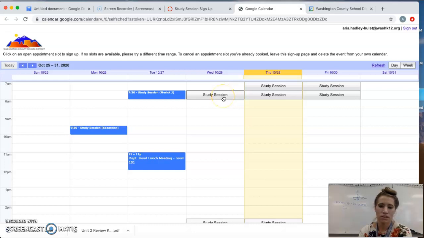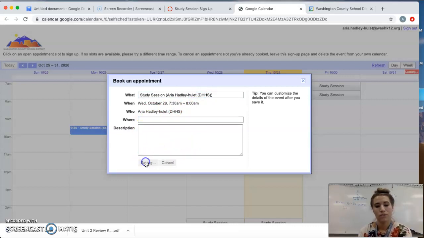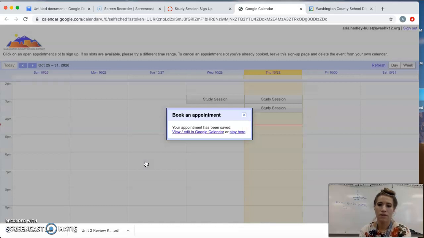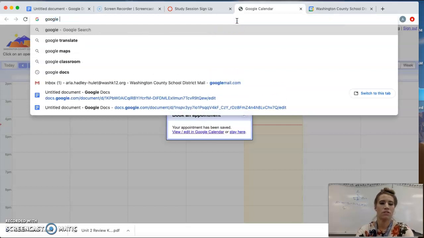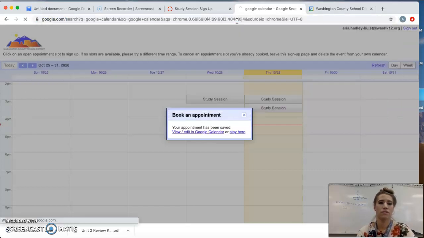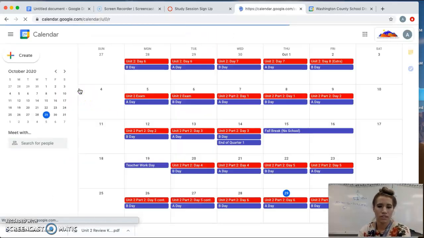Like let me show you what it'll look like on your end. Even though this was yesterday, you'd sign up, you would give me the description of what we're going to go over. You'll hit save, okay? And then that puts it on your Google Calendar as well as my Google Calendar. So if you then go to Google Calendar, okay, and you log into that,